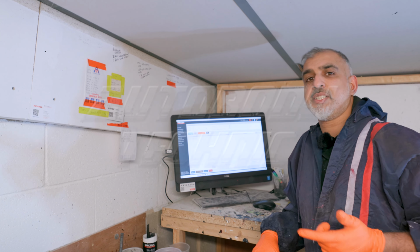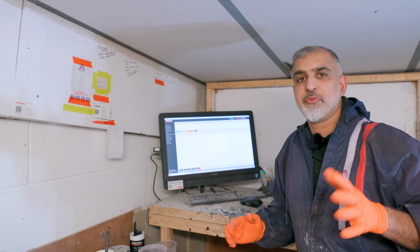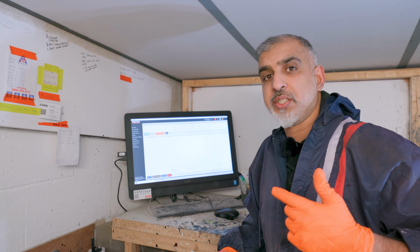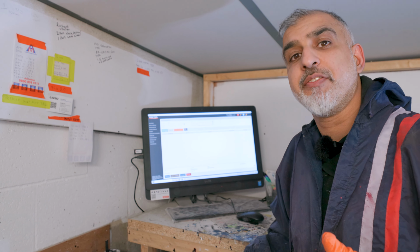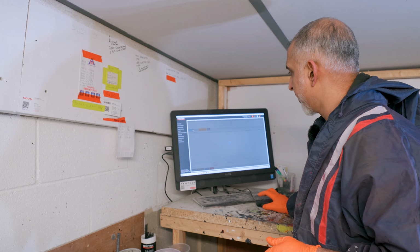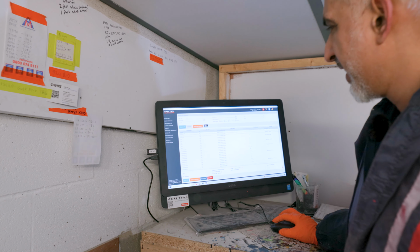Right, so now guys, you've seen us put the wet on wet primer on. While that's drying, 15-20 minutes, we're going to find the colour and mix the colour now. On the screen, I've inputted the car's colour code, which is C9Z for basalt black. We're going to search the formula, it takes a bit of time to find it, and it comes up as all